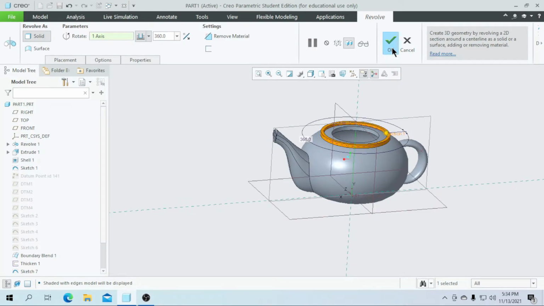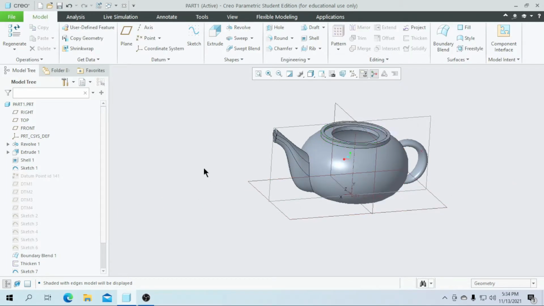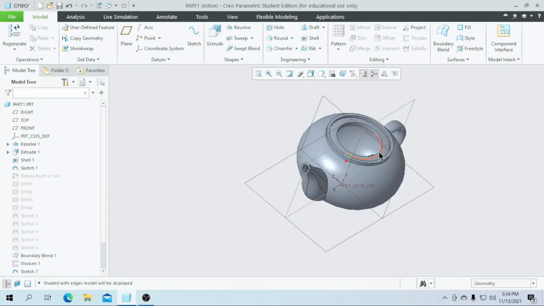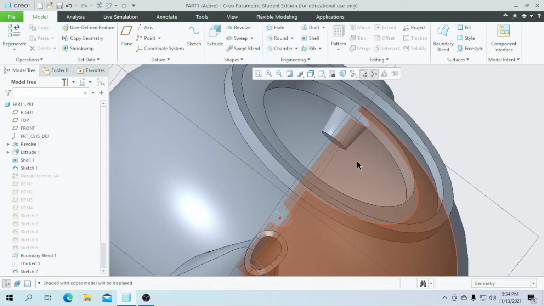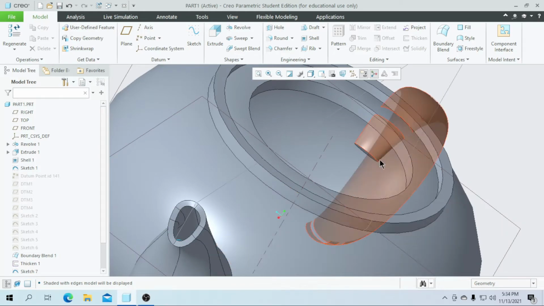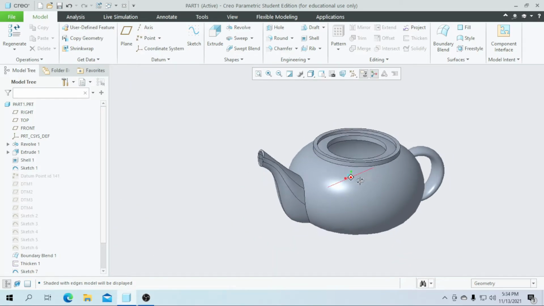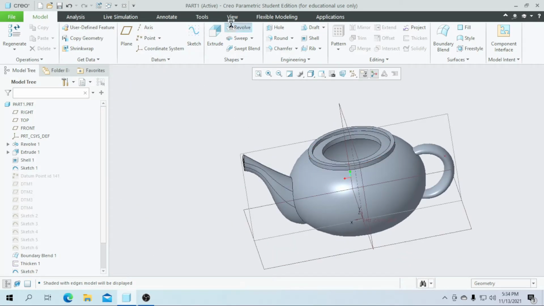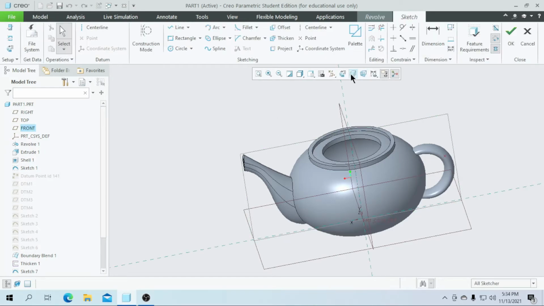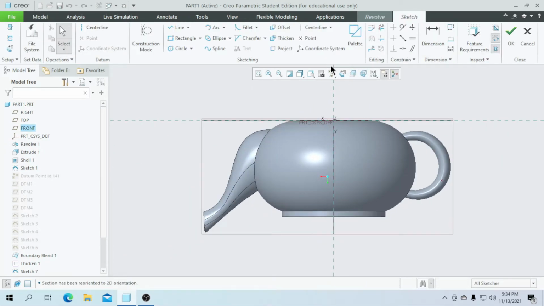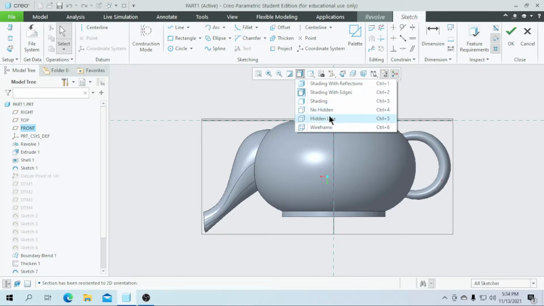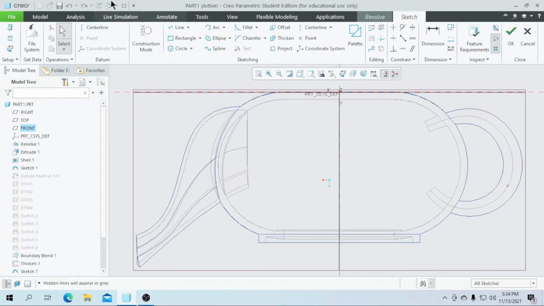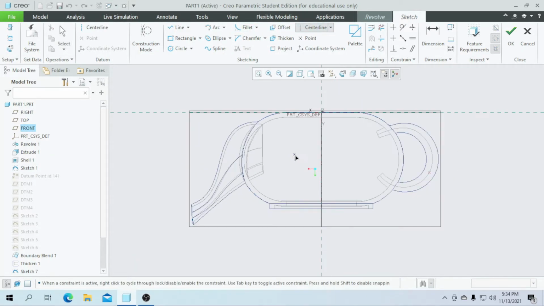Then click on OK. So now let's go for the delete segment here. As you can see here, the extruded part which comes inside this shell feature. So go for the revolve again, select this front plane and go for the sketch view. So here let's go for the hidden line features again. So now at first let's create a center line for this line, which is a must for the revolve option.